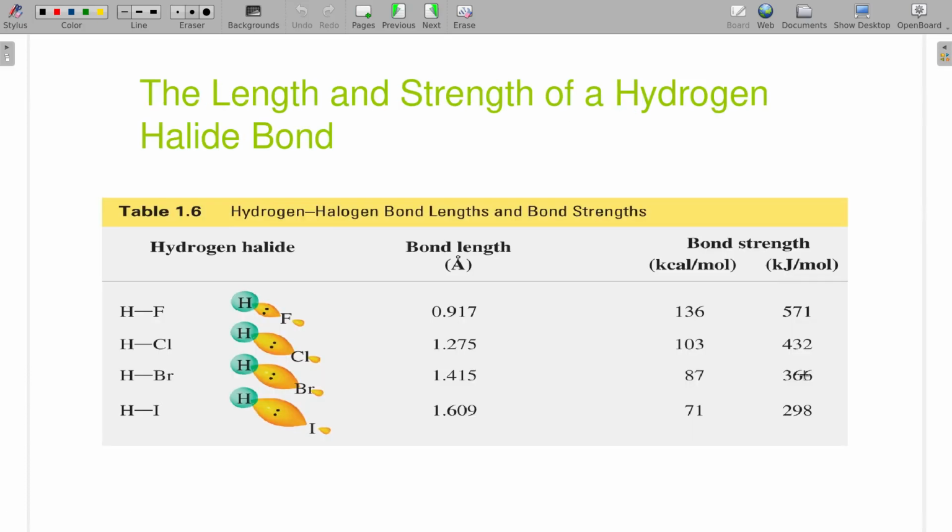So I got some bond lengths that were calculated in angstroms, and we're relating that to the bond strength. We're going to see something interesting. Here early on in the chapter, we actually almost always see both units used, kilojoules and kilocalories. And that's mainly because in general chemistry, we focus mostly on kilojoules. Now, we're going to get away from that a lot as we get further in the book, and start using kilocalories a lot more. And that's really because this relates to food calories. Helps us relate it to things a little bit easier in many cases.